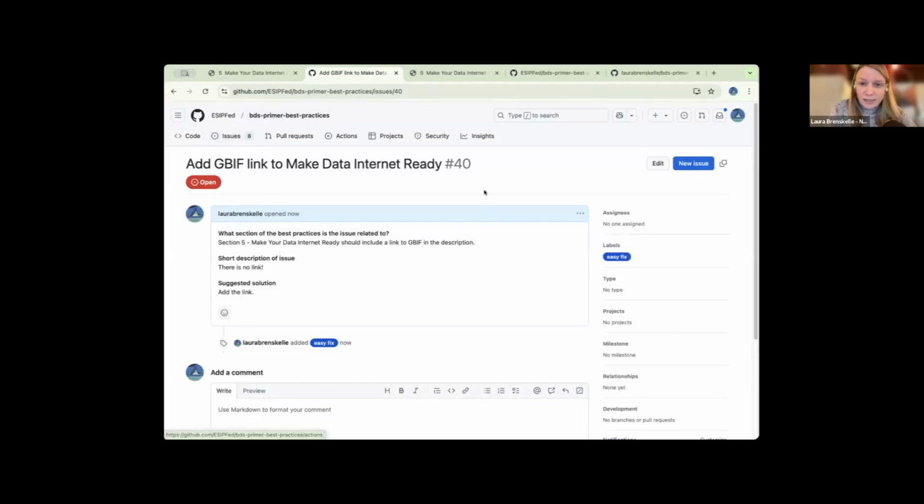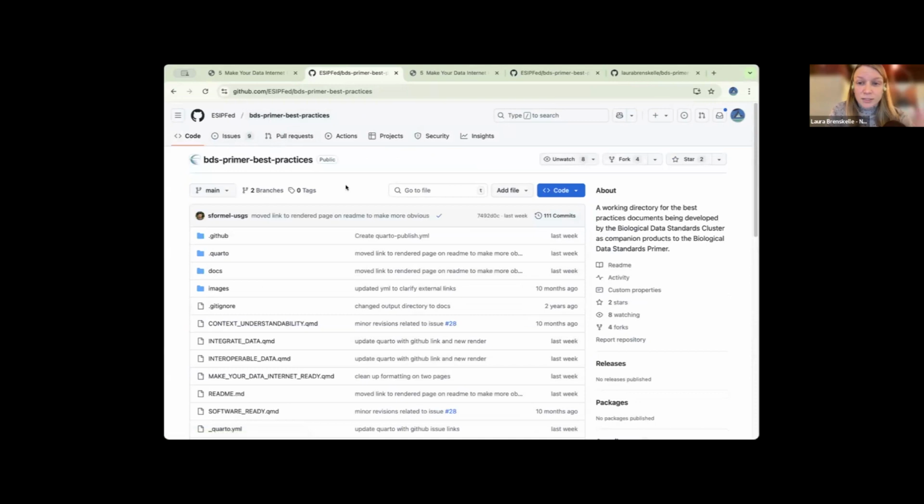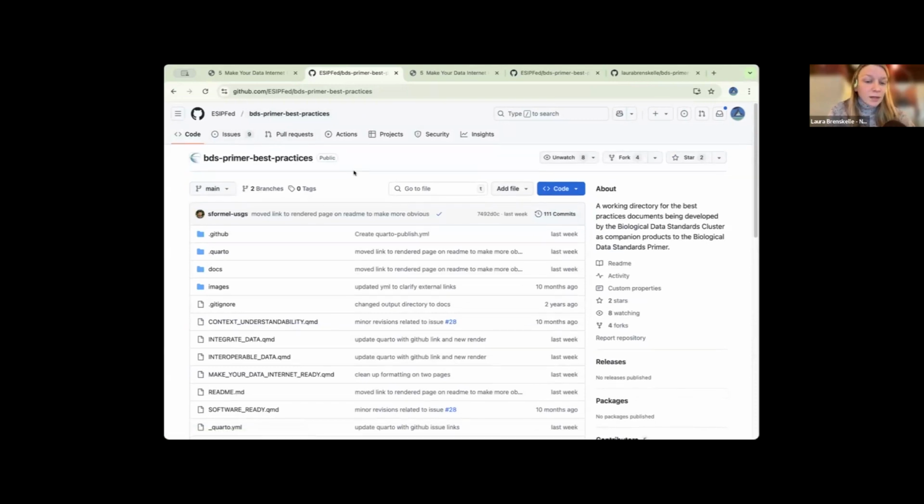So say that we want to try to fix this issue instead of just putting in the issue and letting other people deal with it later. In that case, you can go to the repo by clicking here. This is the main branch, as Tim was talking about. One thing that I didn't cover is obviously you're going to need your own GitHub login. So you're going to have that set up first.